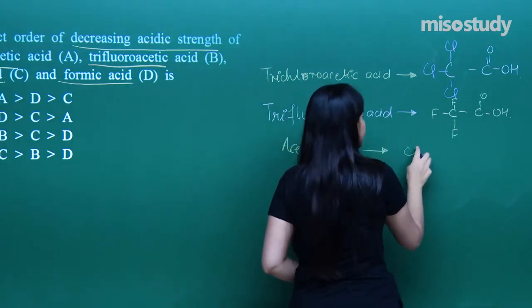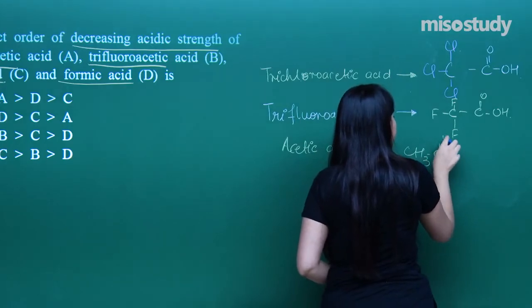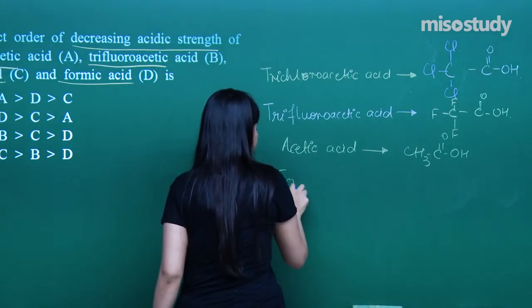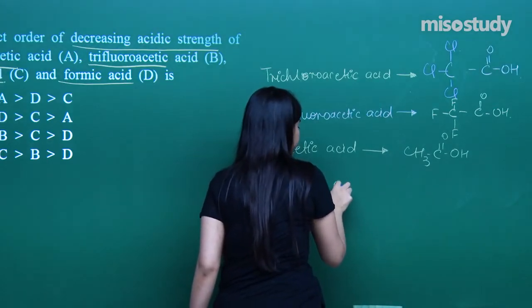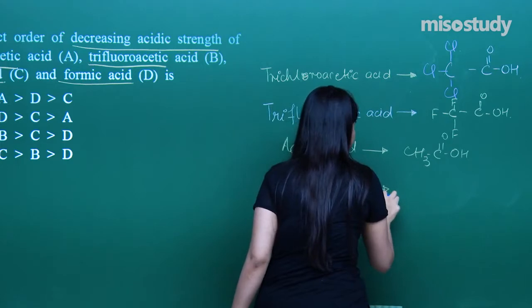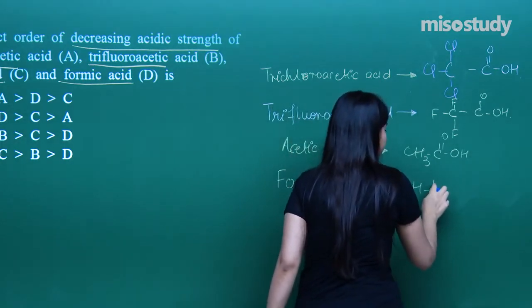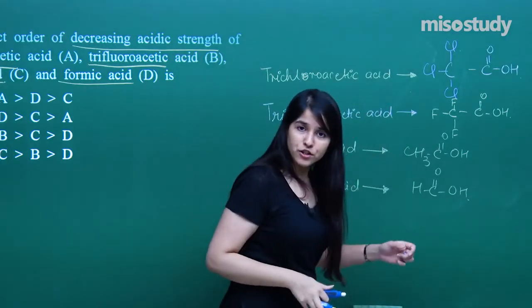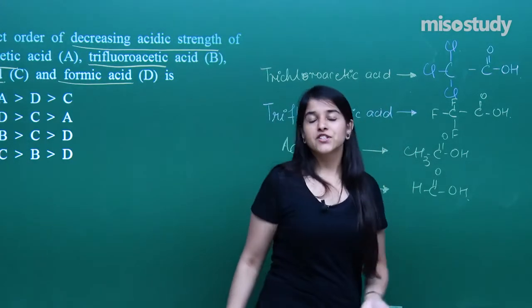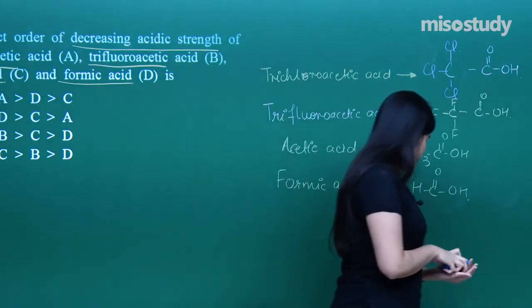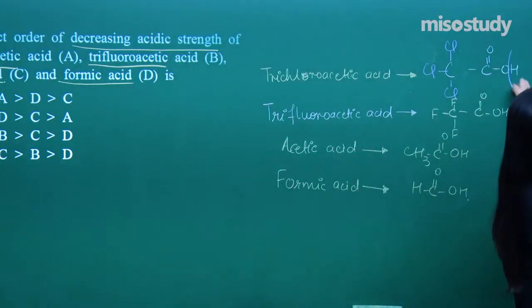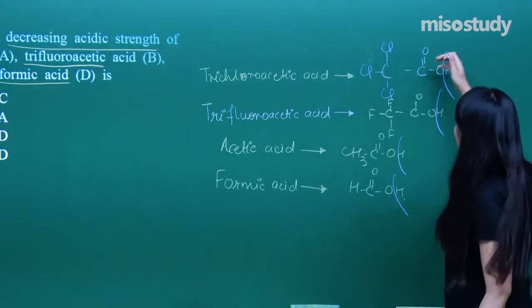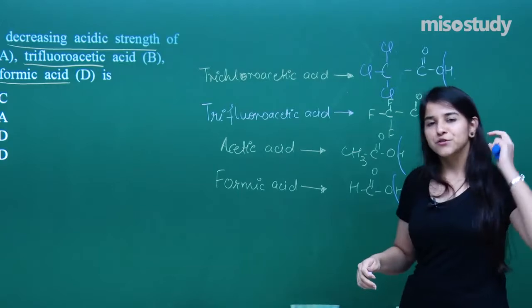So the acetic acid is pretty simple. What else? I have got the formic acid at the last. That means HCOOH. So that is what we need. Now we have got the 4 options. We need to arrange the acidic strengths. So the hydrogen over here, which I am marking it out, if this goes off very easily, it would be a better acid. So out of the 4, which one is the better, we need to find out.